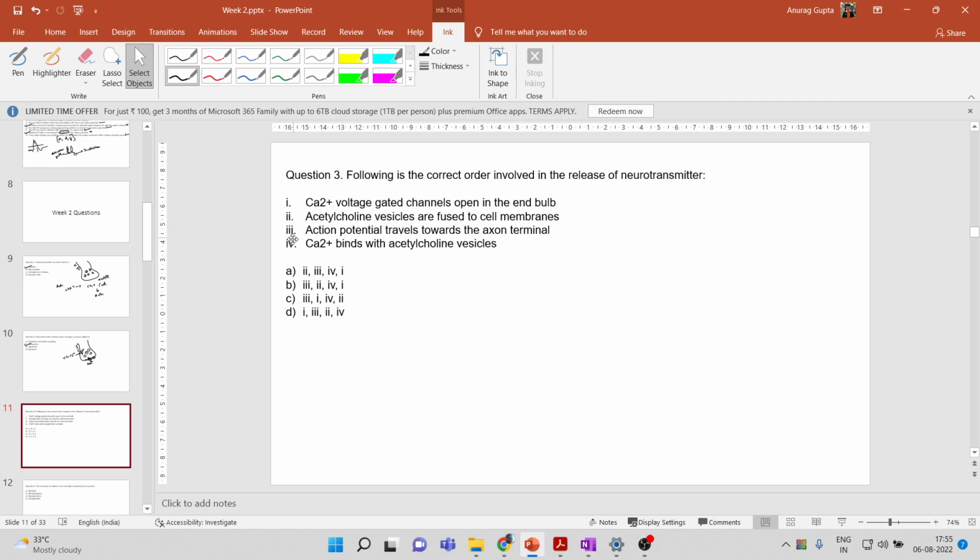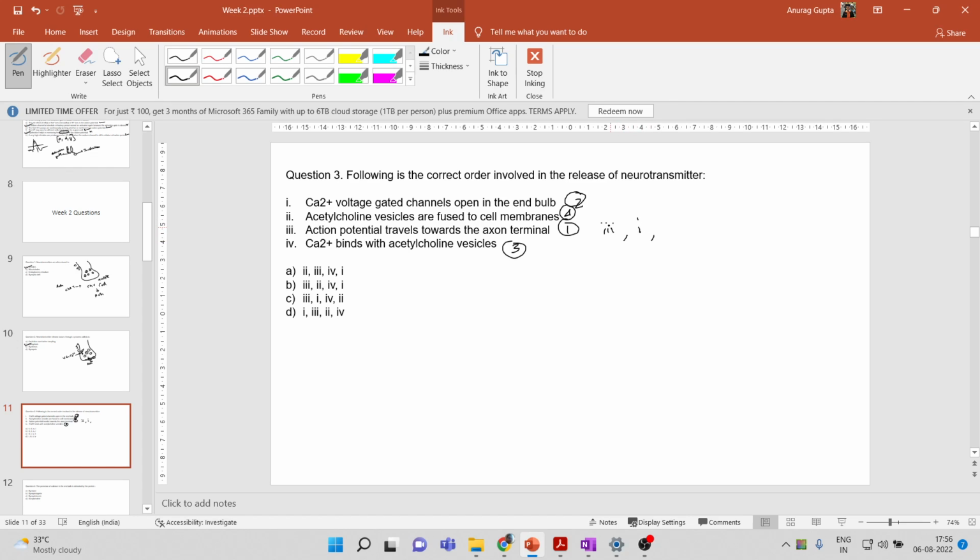Okay, so let's go through this question. Ca2+ voltage gated channels open in the end bulb. Acetylcholine vesicles are fused to cell membrane. Action potential travels towards the axon terminal. So this is the first thing that happens. Then Ca2+ voltage gated channels open in the end bulb. This is the second thing. Ca2+ binds with acetylcholine vesicles. This is the third. And acetylcholine vesicles are fused to the cell membrane. This is the fourth. So the answer should be 3,